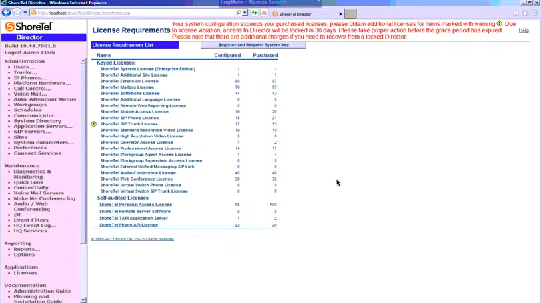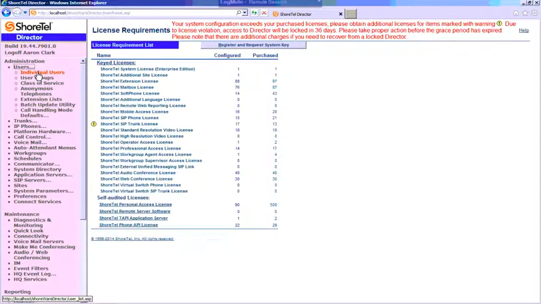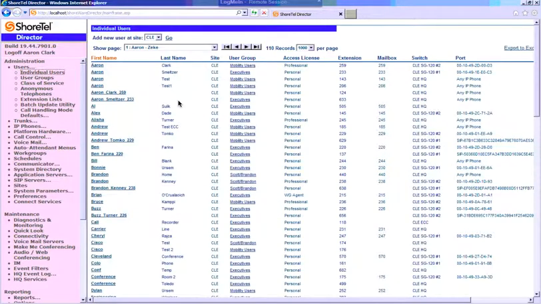Okay, so we've talked through a good chunk of the maintenance section and the basics that go along with that. Now I'm going to move into some of the administrative functions, starting with users. So top left, under administration and users, that'll expand out and you click on individual users, and this will display